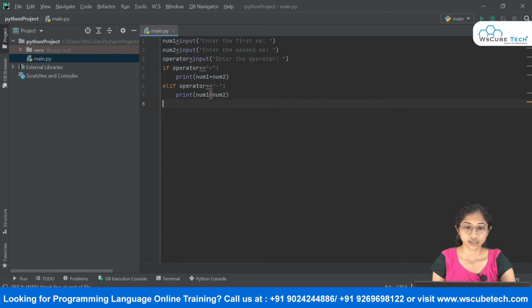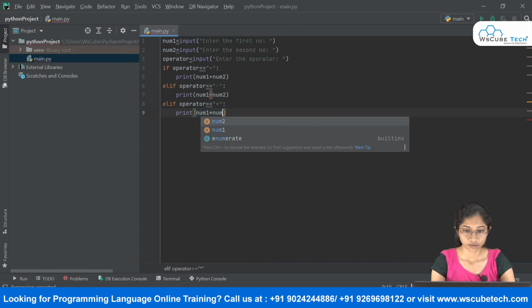Then we have this thing. We are going to say elif operator is equal to, if it is for the multiplication. All right. So I will say inside my double quotes, asterisk. So just do print num1 asterisk num2.